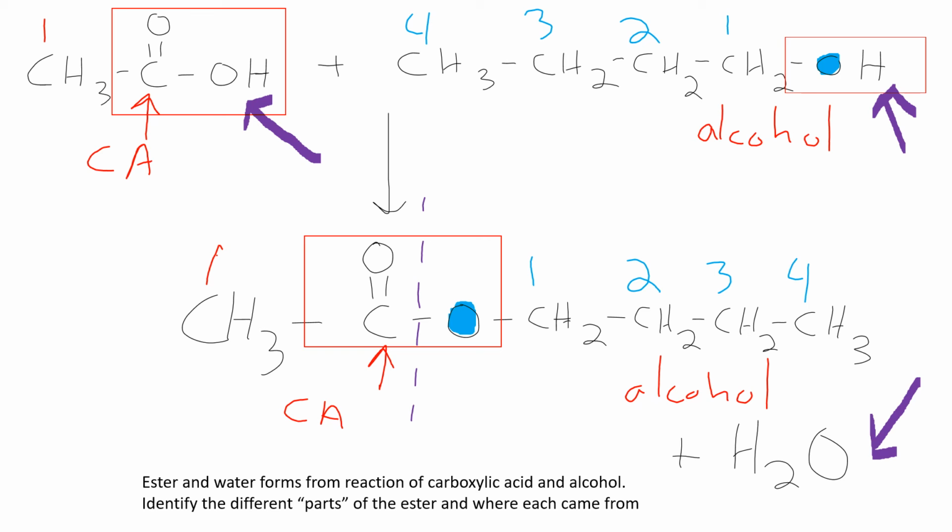The key thing when you're doing reactions for yourself is you really need to identify the different parts of the ester and where they came from. Being able to match what you're seeing in reactants to what they're going to form in products, or looking at a product and trying to figure out where that thing came from in your different reactants. And this is where colors can help, numbers can help, symbols can help, anything that lets you tie in where these different pieces end up going. But a carboxylic acid and an alcohol will always combine to form that ester.